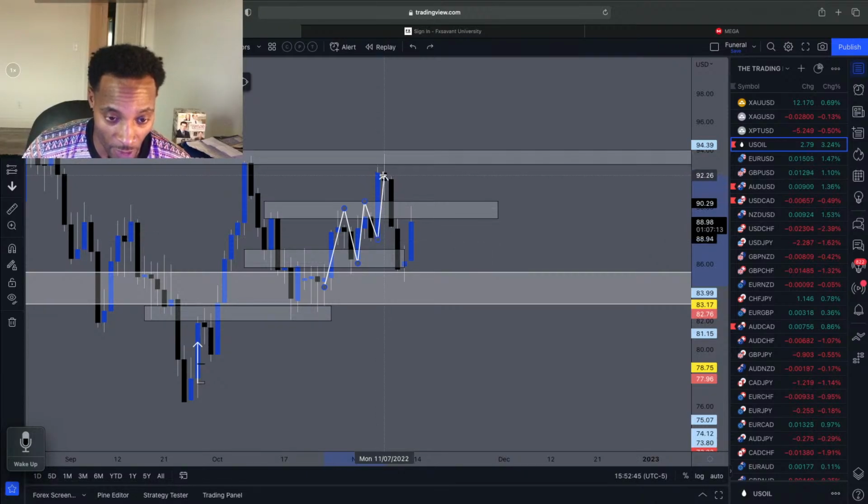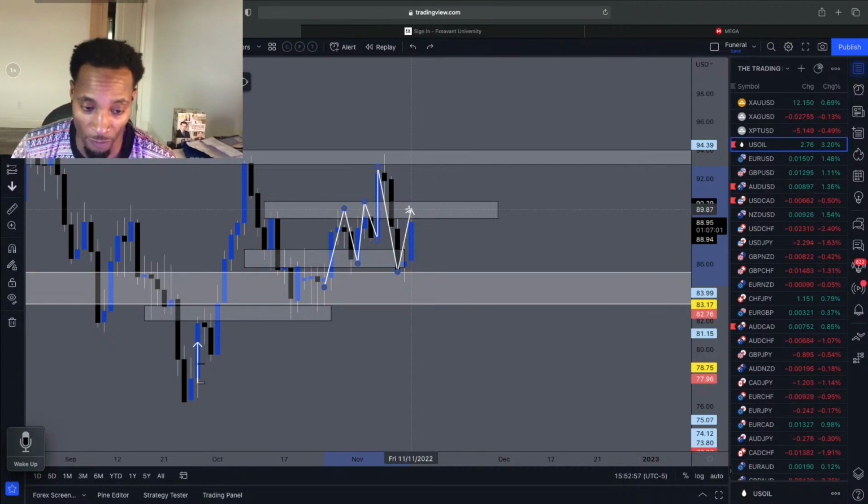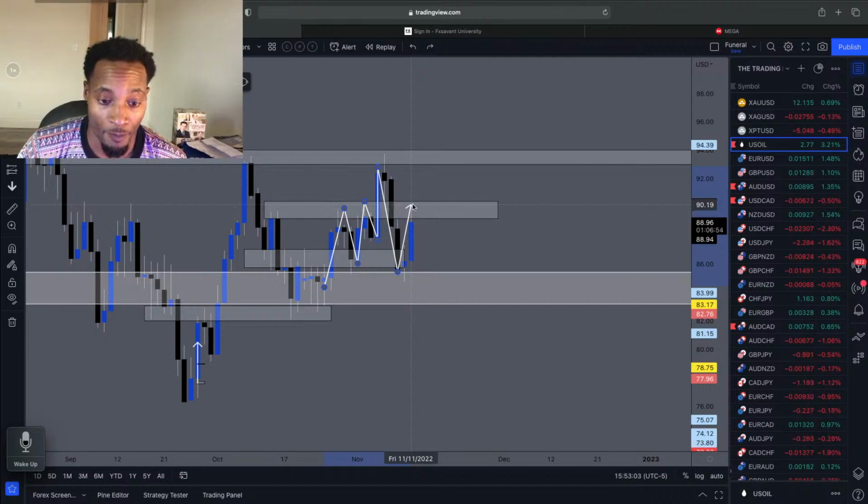From there, explode to the upside, and then we had an impulse back down, which puts us in an impulse back after an impulse to another impulse. After an impulse, you expect a retracement. You don't guess, we don't anticipate, we react over here. So we wait for the candles to close, which is a big thing that I see a lot of people not doing. But from here, if we start to see some consolidation or some sort of rejection from this zone,